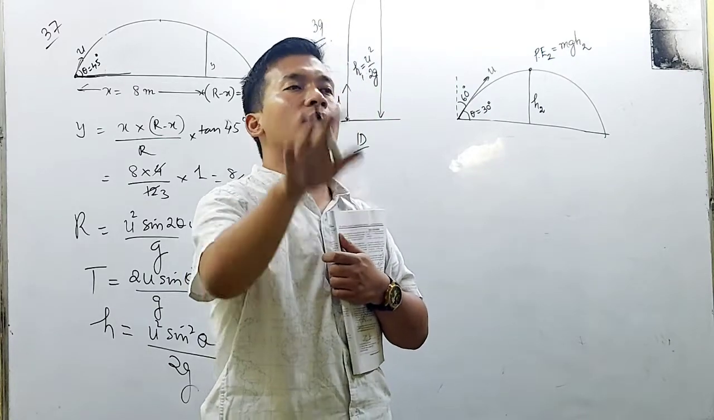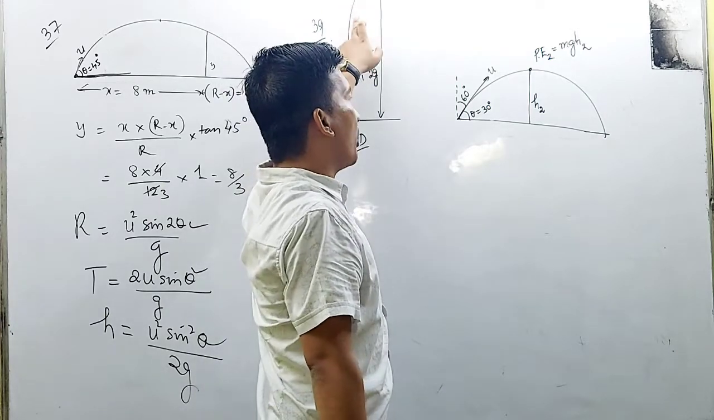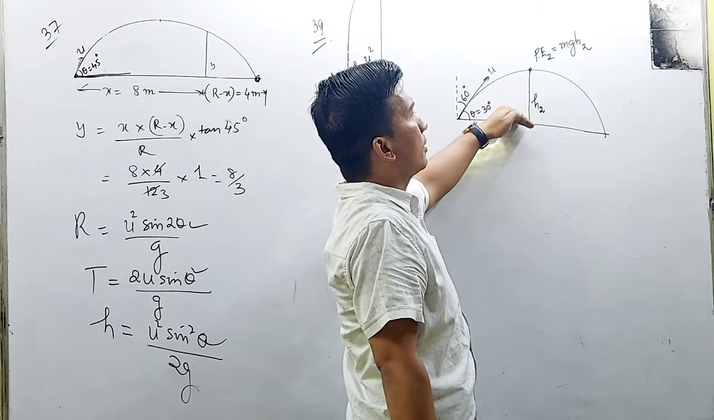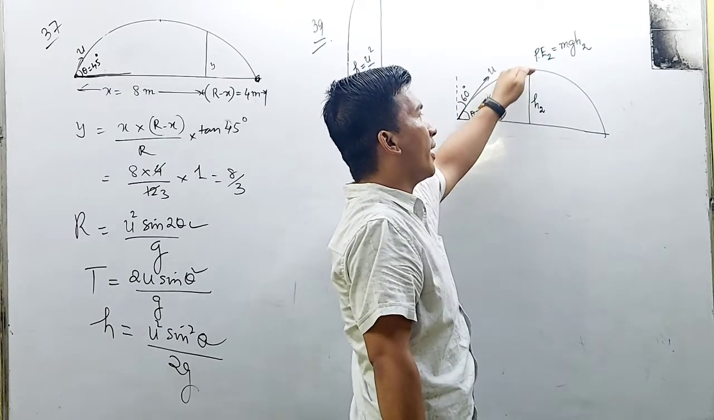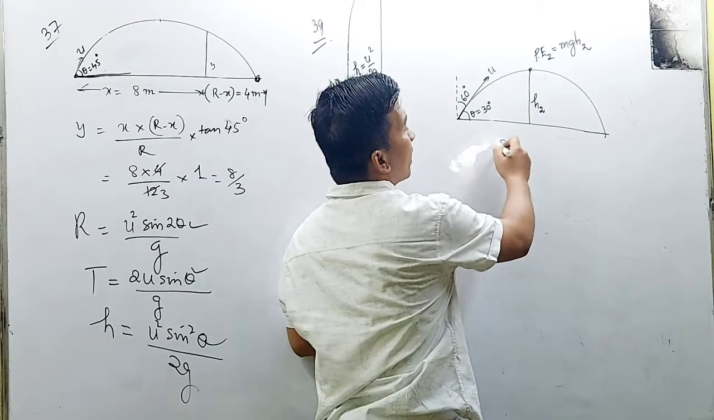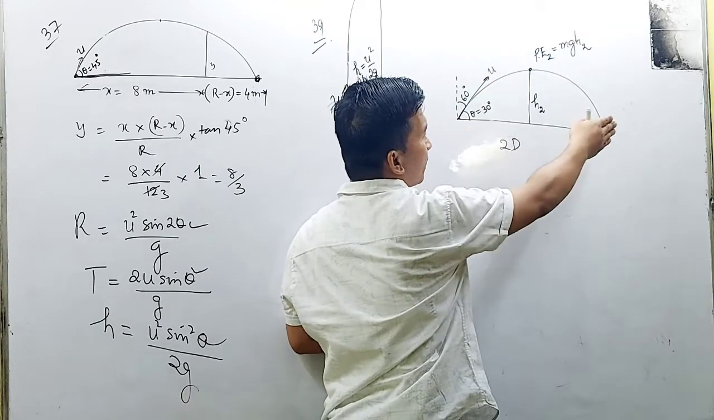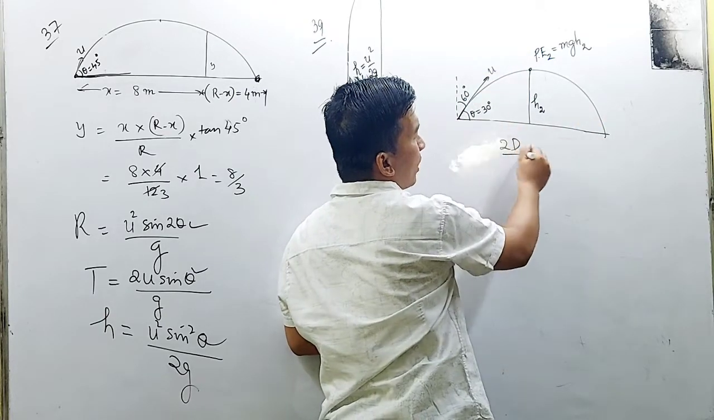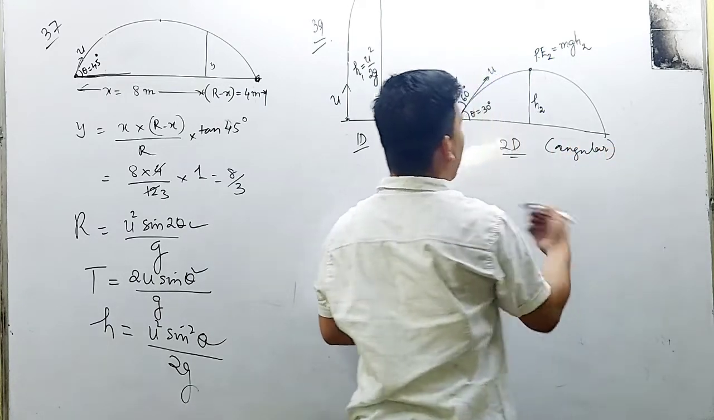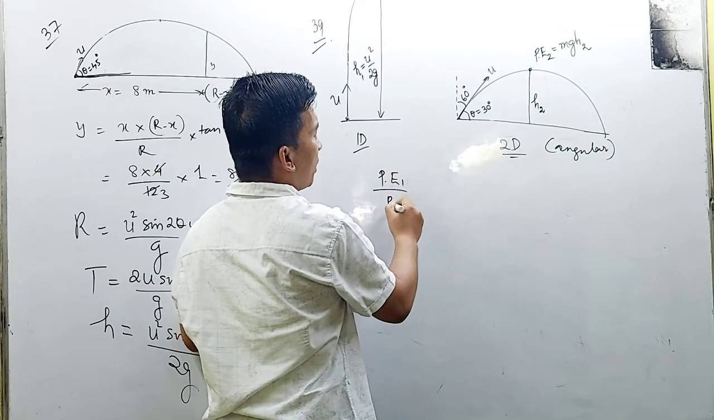You have to find the ratio between the potential energy at the highest point when vertically projected and the potential energy at the highest point for two-dimensional angular projection. In two dimensions, the height changes and the horizontal distance changes too. That is the angular projection height. It is very simple. We can put PE1 divided by PE2 will be equal to